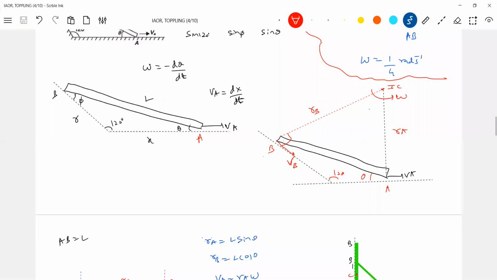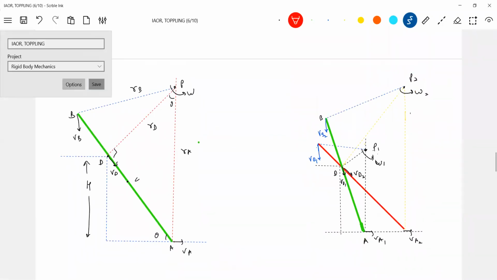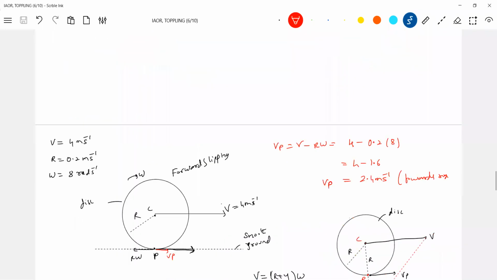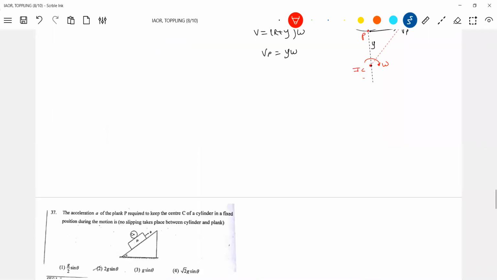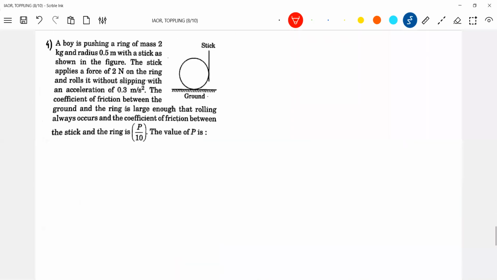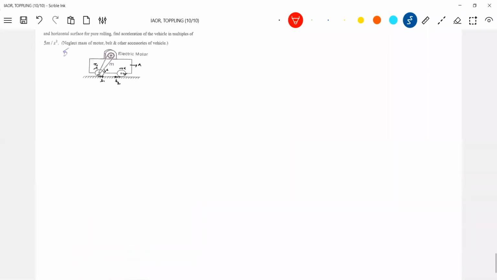Any good questions can be asked. Okay, we'll stop here with instant center. We'll go for the next concept, one more basic idea, rolling. We'll discuss the remaining things in tomorrow's class. Let me, there's a rigid body